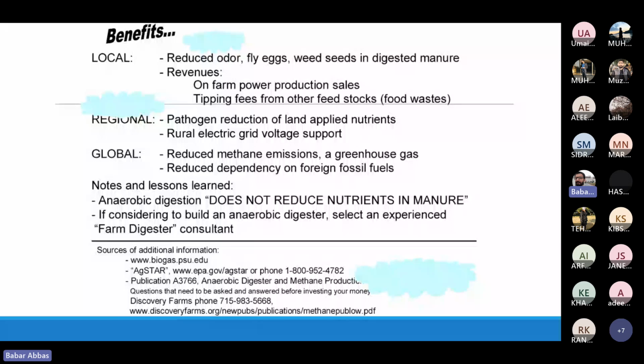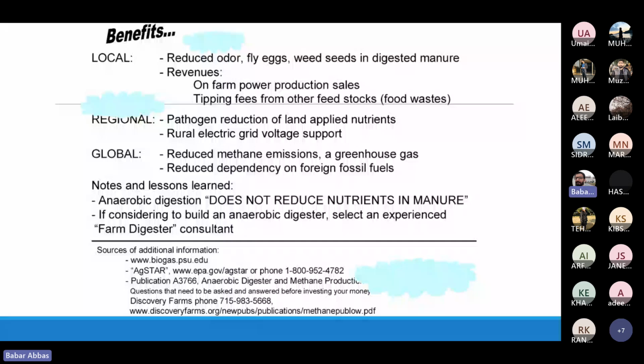रीजनल लेवल पे क्या बेनिफिट्स हैं? पैथोजेंस की रिडक्शन है, रूरल इलेक्ट्रिक ग्रिड वोल्टेज सपोर्ट मिल जाती है, लोग अपनी इलेक्ट्रिसिटी कम यूज कर रहे हैं। ग्लोबल लेवल पे मीथेन एमिशंस एंड ग्रीन हाउस गैस की एमिशन रिड्यूस हो जाएगी। रिड्यूस डिपेंडेंसी ऑन फॉरेन फॉसिल फ्यूल्स। पाकिस्तान के केस में तो सारा इंपोर्ट हो रहा है, तो ऑयल एंड गैस एंड सिमिलरली अदर फॉसिल फ्यूल एनर्जी सोर्सेस, कोल वगैरह, तो उसमें हमारी डिपेंडेंसी खत्म हो जाती है।